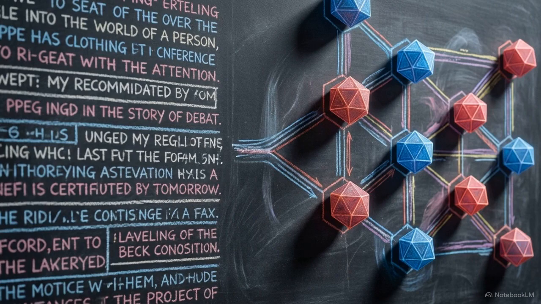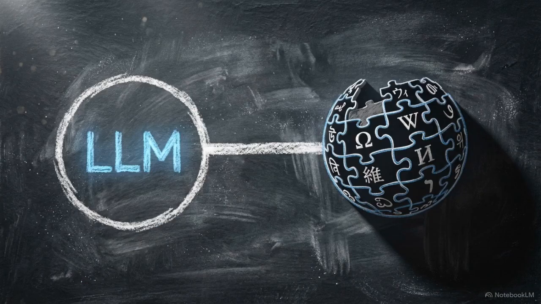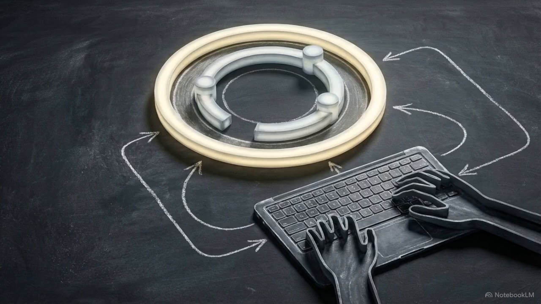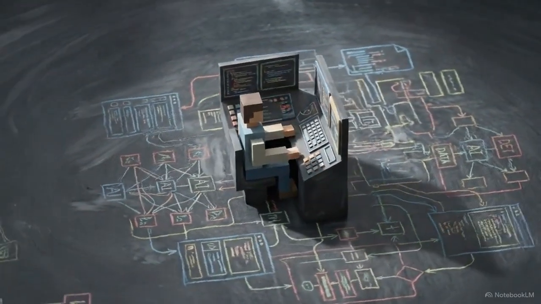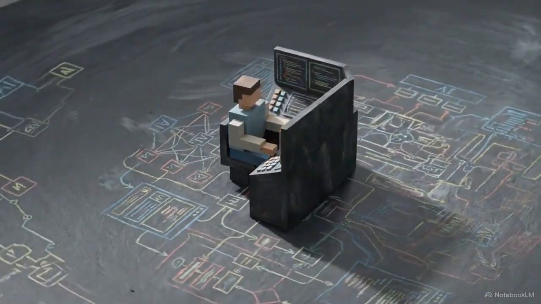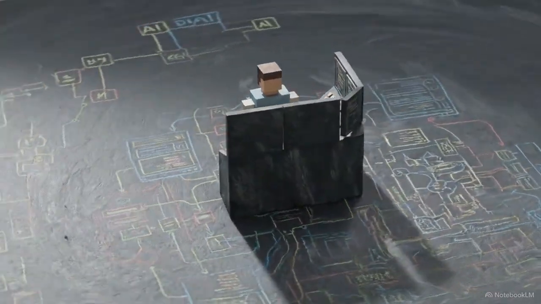Stop writing rigid code. Start building dynamic systems. Your homework for this week is to build a single, one-tool agent. Give an open-source model access to Wikipedia and assign it a complex question to answer. Get comfortable with the architecture. Building within this agentic architecture today is the absolute only way to remain indispensable in an automated market.